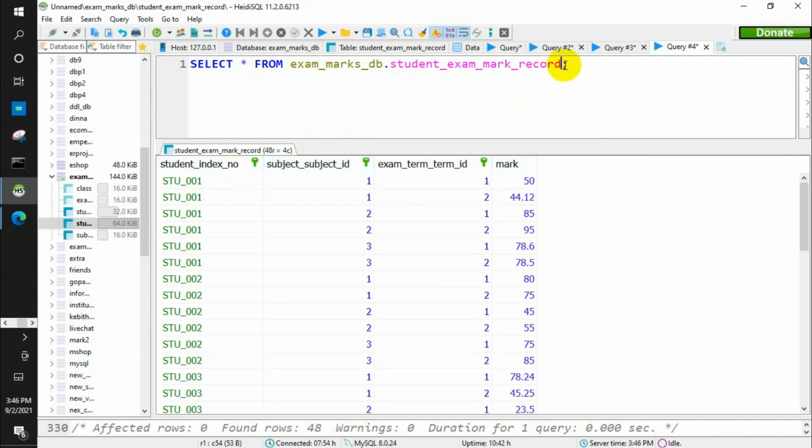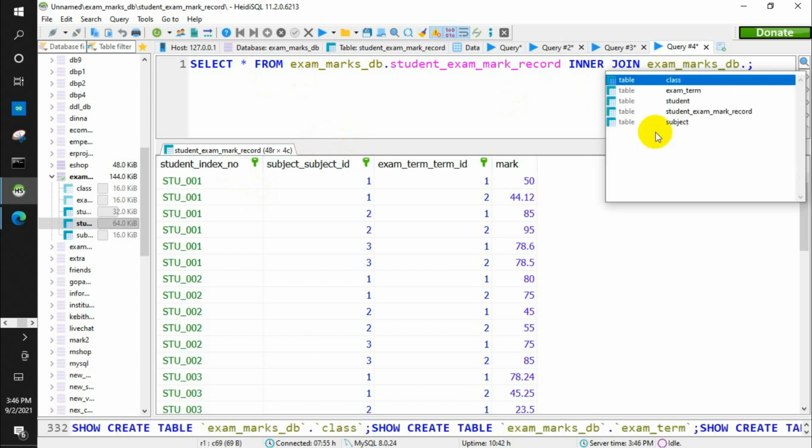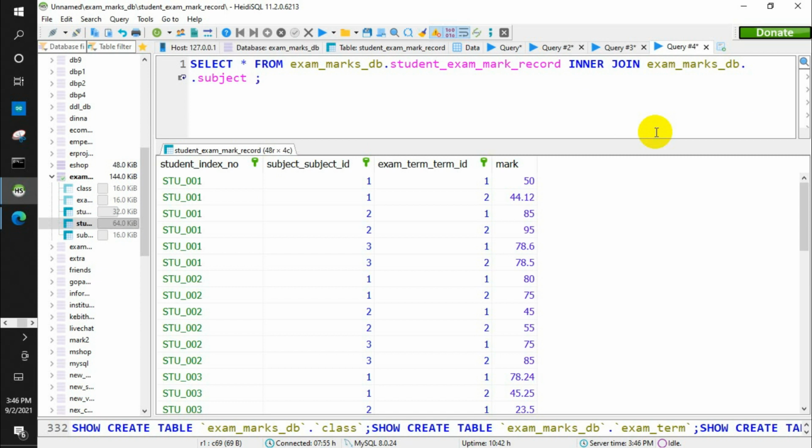Now I am going to inner join this with exam_marks_db dot the subject table on the condition that the subject ID of the marks table should be equal to the subject ID of the subject table.